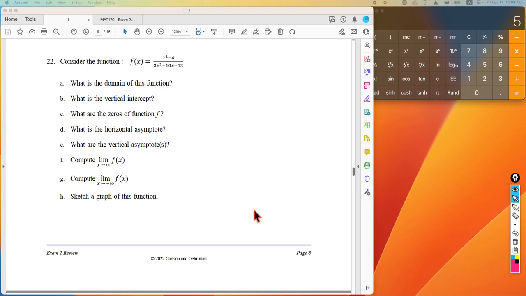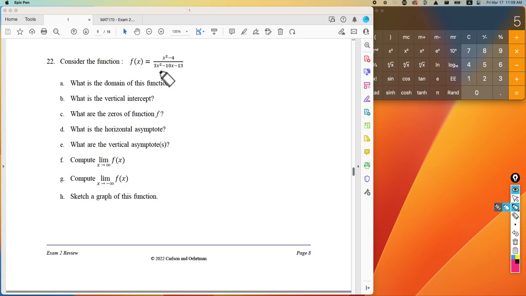Q22. This is really going to be very similar to what we were doing before. However, a few changes, and mainly the type of functions are not linear, but they are quadratic. So we'll see how that makes it a little different. First of all, for what our domain is, now remember,